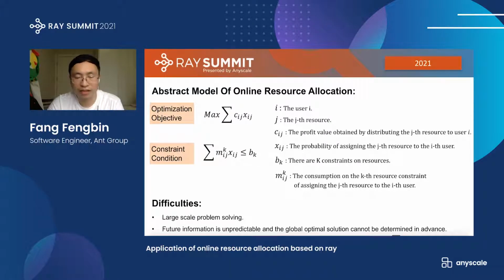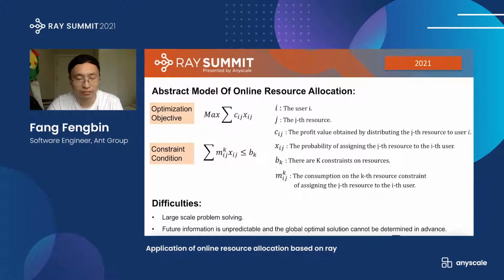For each user i, the platform can estimate the revenue value c_ig of g coupons and choose one of them to push to the user. When there are no resource constraints, every online decision is to choose the one with the largest c_ig. When there are resource constraints, such as each coupon g having an inventory limit, the optimal solution is no longer